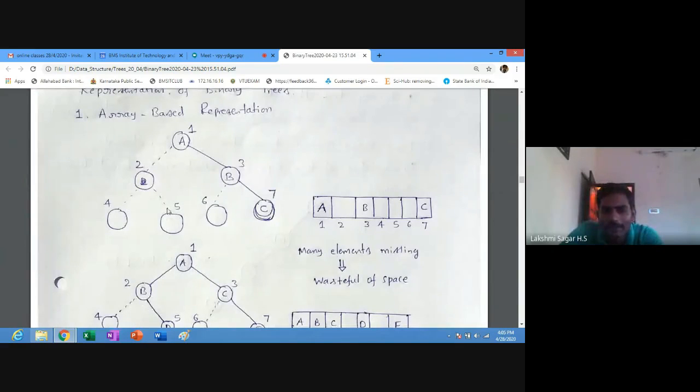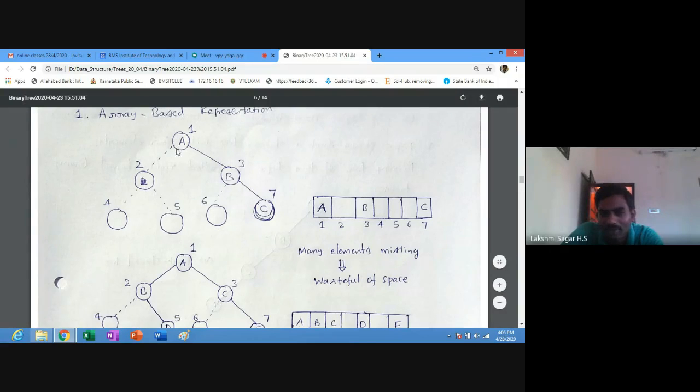You just go through this binary tree. There are some empty cells, which we call empty nodes. Here 3 nodes have elements A, B, and C. The other nodes do not have any elements.